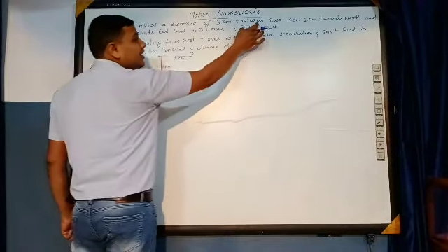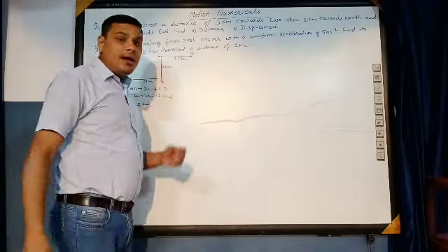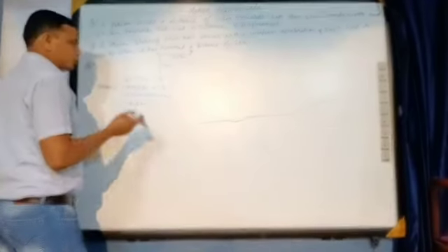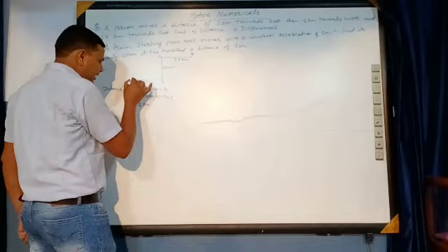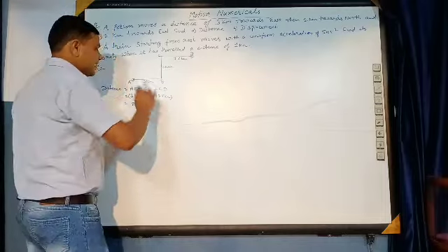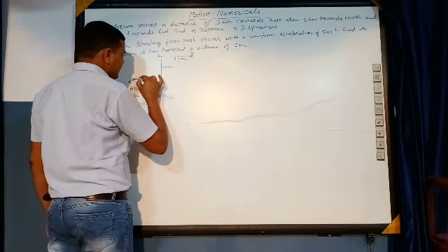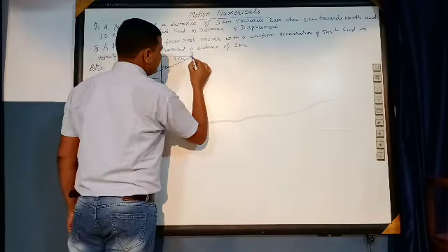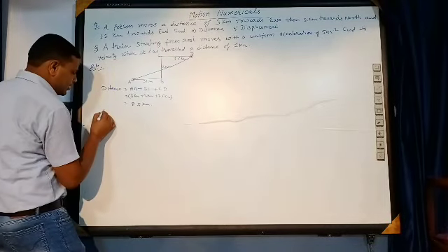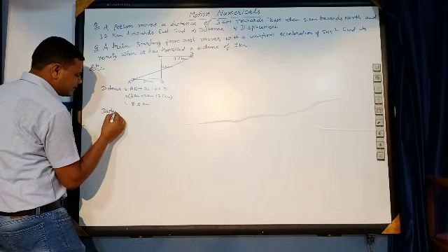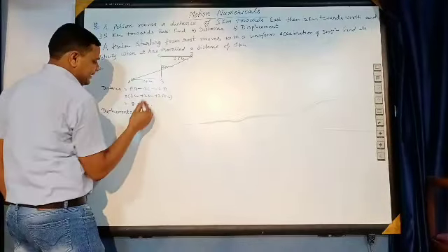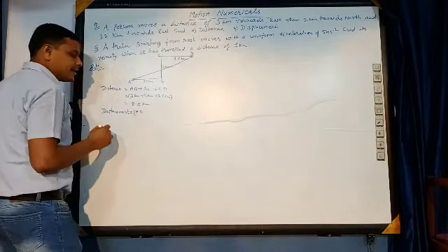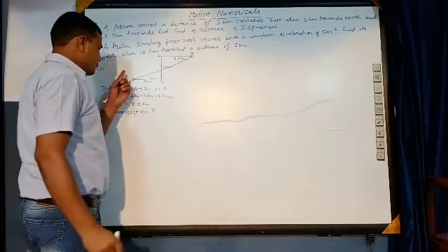Now it's the time for the displacement. How to get the displacement? Now you know what is displacement? The shortest path between the initial point and the final point is known as displacement. So next we have to calculate the displacement. What will be the displacement? Displacement AD. What is the value of AD?